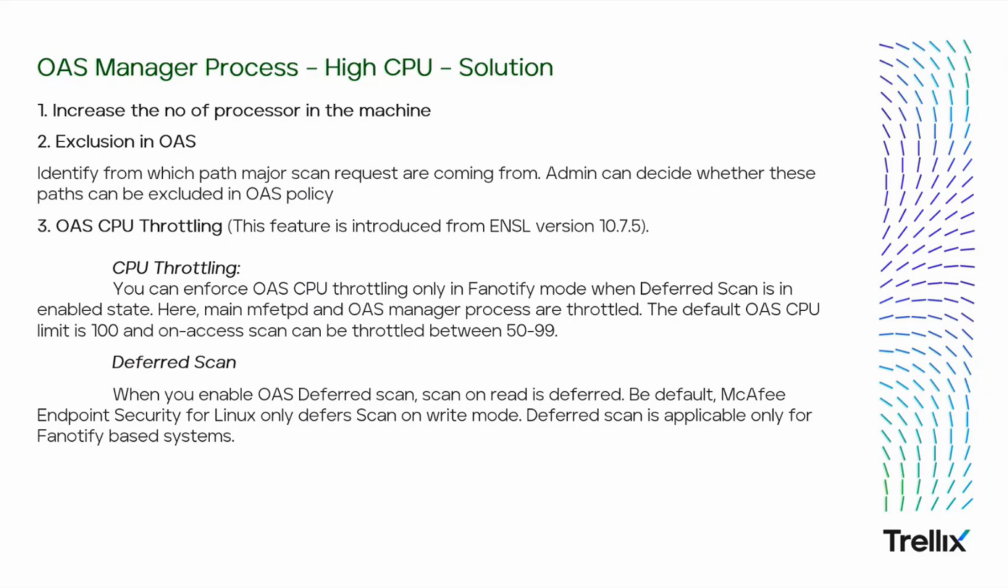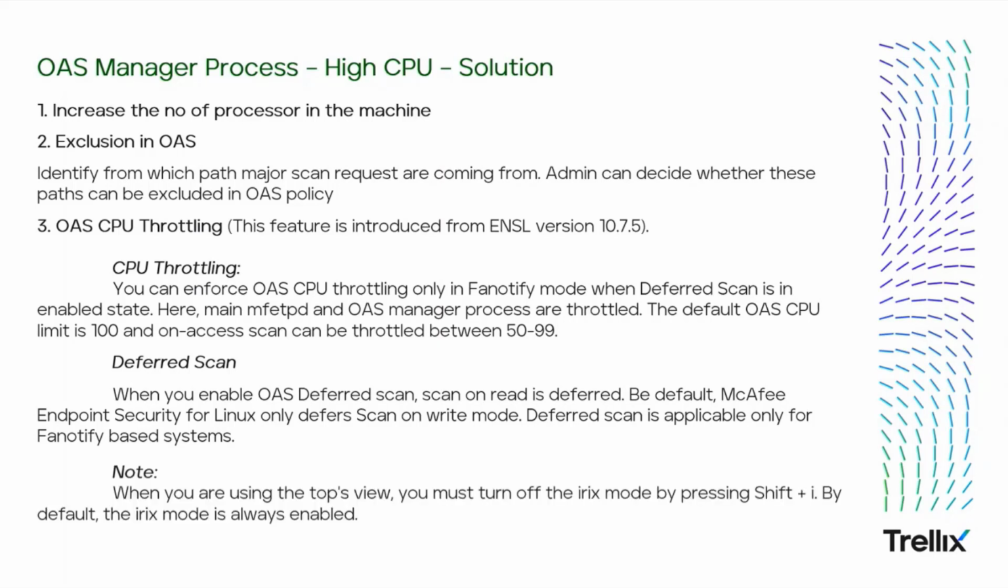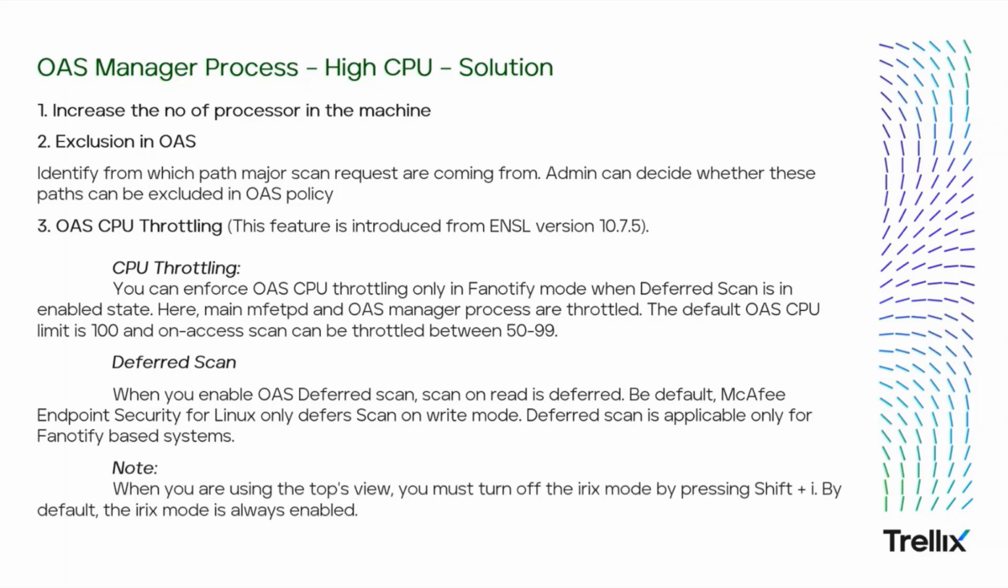Once you have FAN notify deferred scan enabled, set the on-access scan CPU limit between 50 to 99. By default, on-access scan is allowed to consume 100%. You can measure whether the CPU limit is applied by reviewing the output of the top command. Top command has two modes, Solaris and IRIX. IRIX mode, which is the default mode on Linux, can be switched on and off by just pressing Shift plus